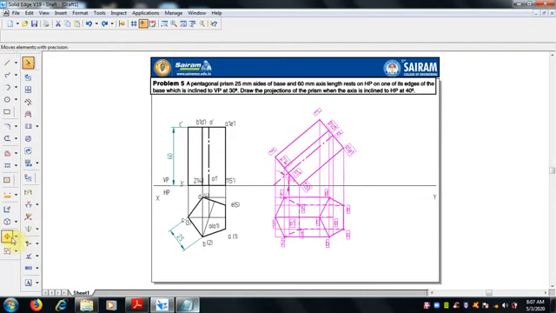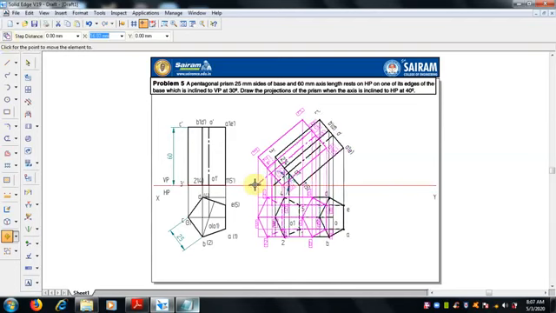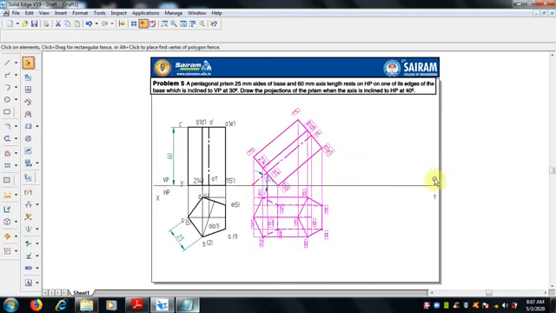For that I can get select, move. A copy should be removed here, the copy should be removed, so that the entire thing will be moved for some distance. Now the entire thing is moved, so we can draw the extension line later. And now we have to draw this view.